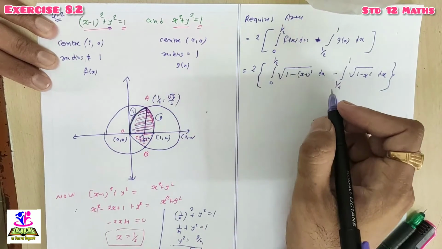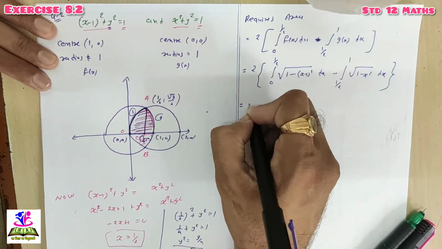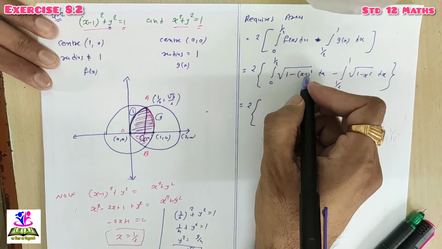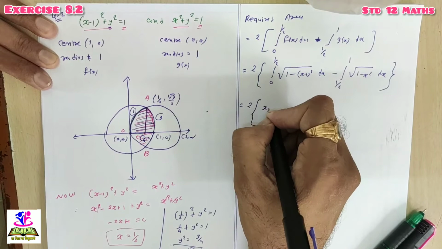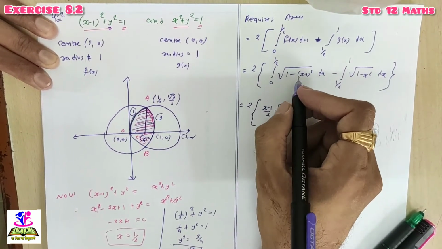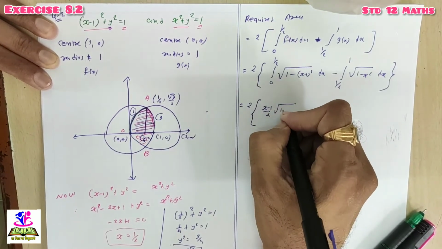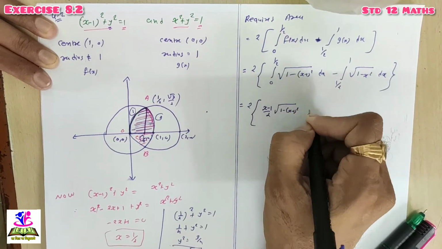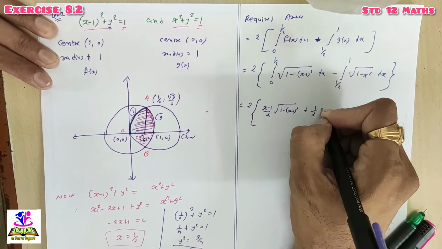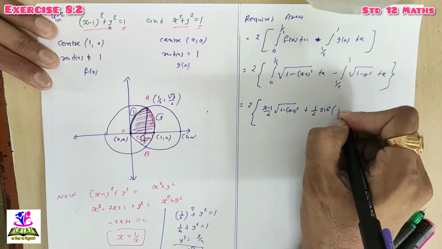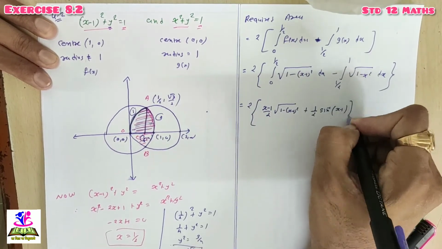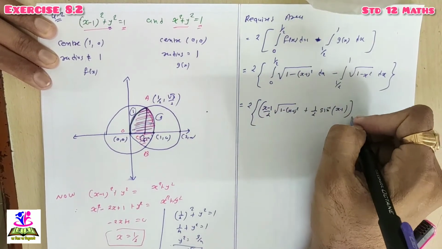So now apply the formula of integration. So this is equal to 2. Again it's a square minus x square formula. So it's a x by 2, so x minus 1/2 into square root of a square minus x square, so it's 1 minus x minus 1 whole square, plus a square by 2, it's a 1/2 sin inverse x by a. So x minus 1 by 1, so it's x by 1. ये इंटीग्रेशन हो गया एंड लिमिट्स 0 to 1/2.